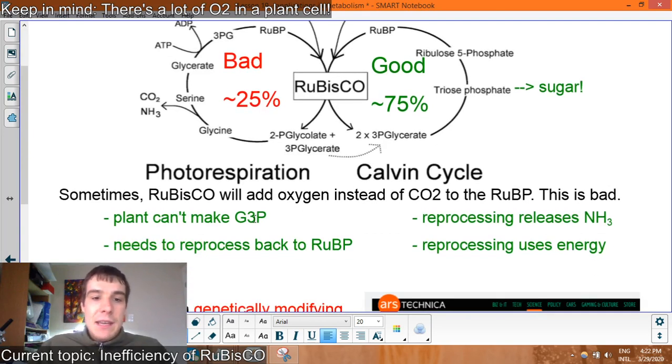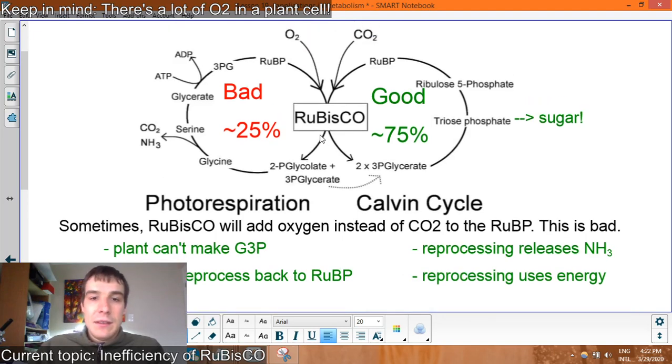This is bad, right? It can't make G3P. It needs to reprocess back to RuBP. The reprocessing releases ammonia, which is toxic to the plant, and it uses energy. It would rather use that energy to make sugar instead of just wasting it through this cycle. But this happens 25% of the time. And you're saying, hey, Mr. B,